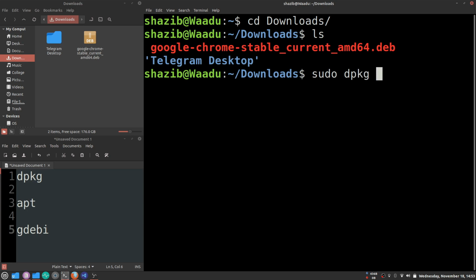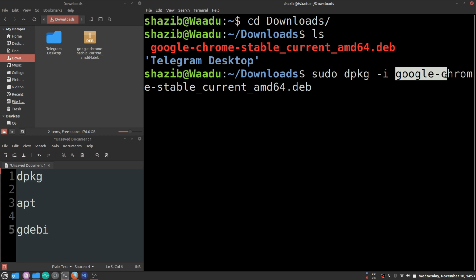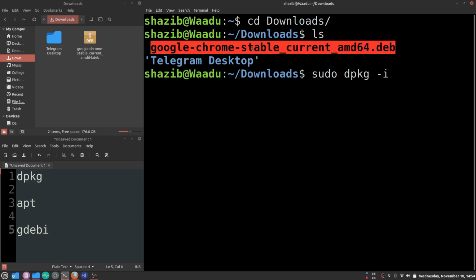Sudo dpkg -i, where the -i flag indicates that we're going to install that package, and then the file name. Remember, you don't need to type the whole name. Write some of it, like google, press tab, and it will autocomplete. In some cases, if autocomplete is not working, just copy the name and paste it here.